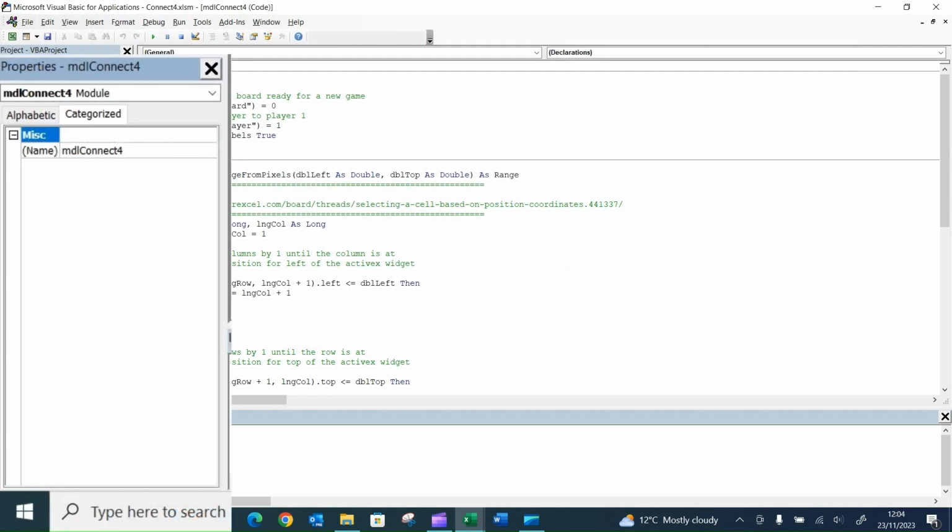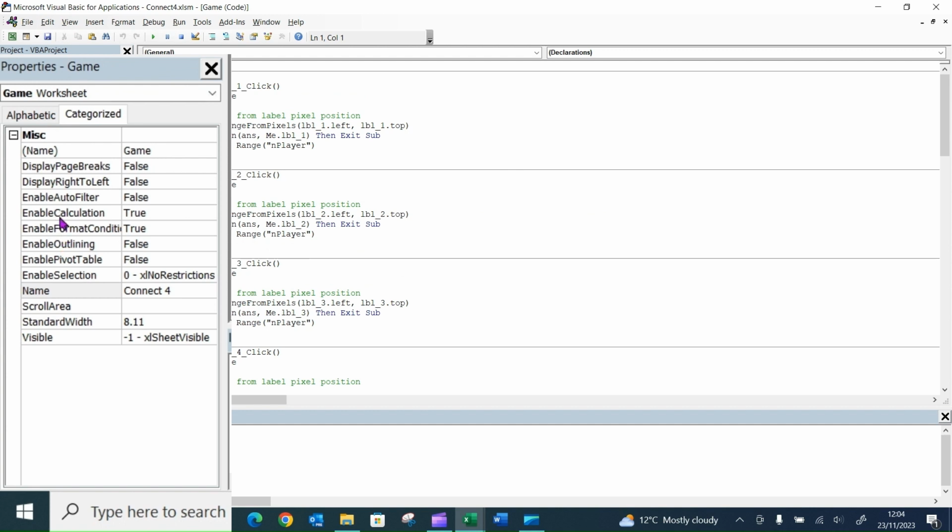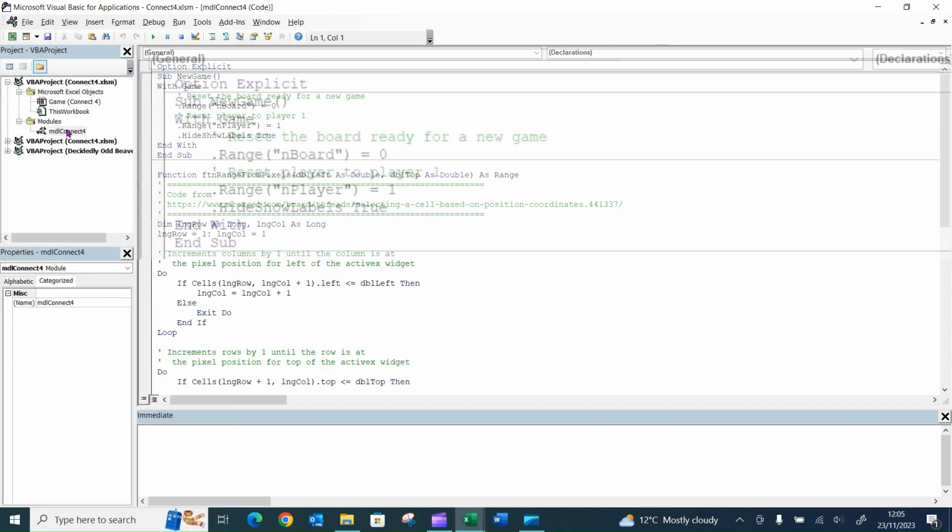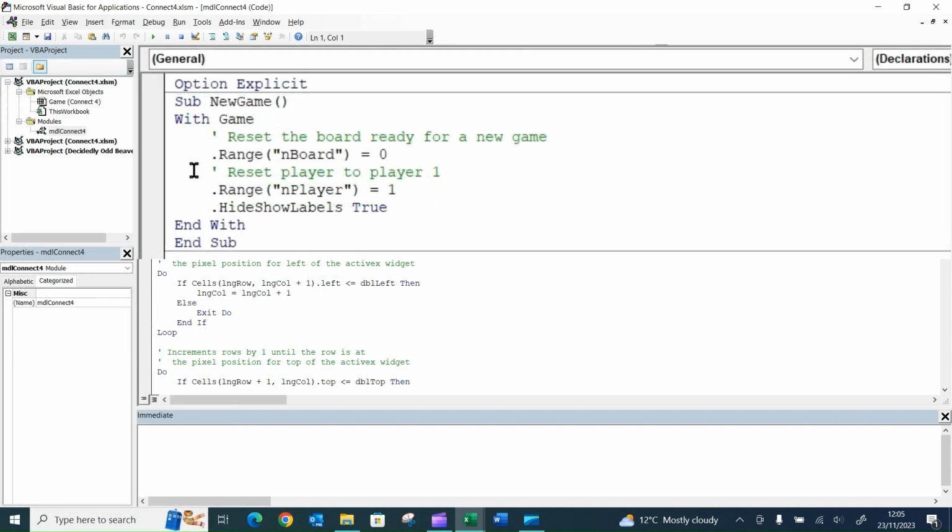We have a look at the properties window for Game. We can see that the name in brackets, Game, is the code name for the worksheet. If we go down to here, we can see name again, and this is what the user sees on the worksheet tab. Now the user can change this Connect4 name to anything they wish, and that would change the name of that worksheet. But because we're looking at the code name, it doesn't matter what the user changes the tab name to. So we refer to Game, and we're putting this within a With statement, which is a shortcut